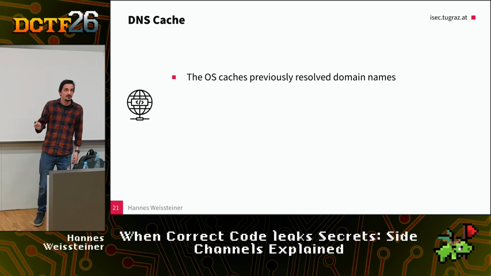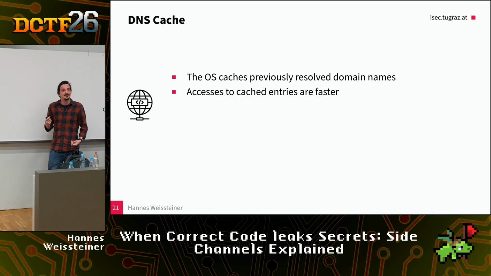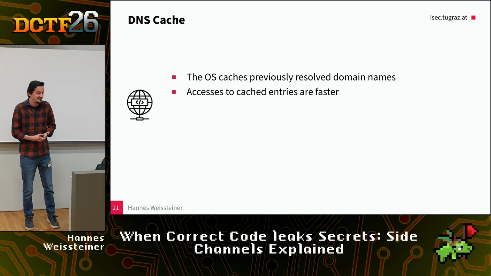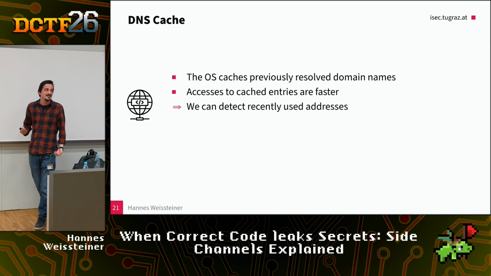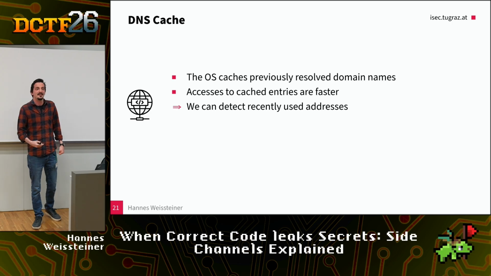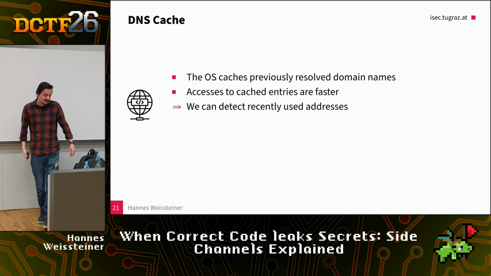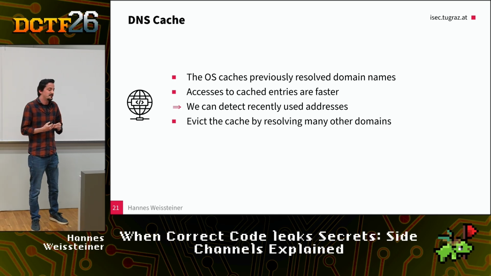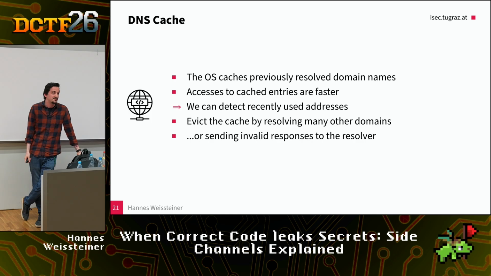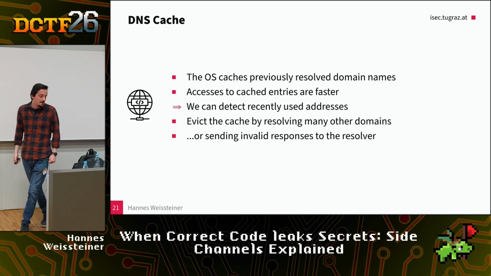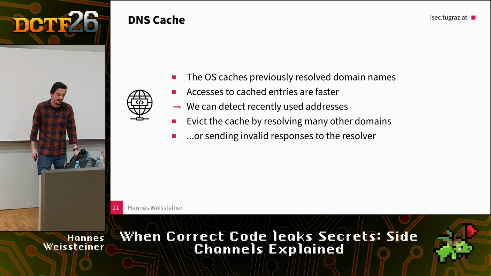The OS caches old domain names that you accessed previously. So naturally, accesses to previously cached domains are faster. This is the point of the cache. So anyone who can do web requests on your system can essentially see what websites you accessed recently, irrespective of whether you use private browsing modes or a VM or something like that. We saw that we can evict the cache by just resolving so many entries that there was not enough space for the old ones, or by just sending some invalid messages, responses to the receiver on Linux. Then it just flushed the cache by itself, which was very convenient.